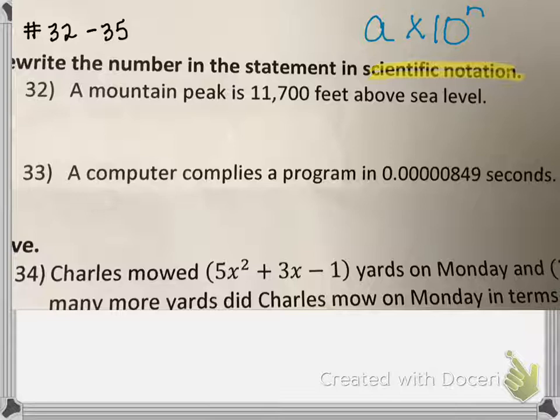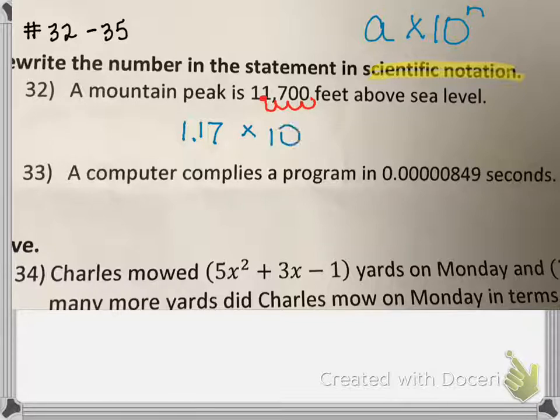So what we'll do is take the number we're given, 11,700, and right now the decimal point's at the end, and we're going to move it until there's one digit to the left of our decimal point. So we'll move it once, twice, 3 times, 4 times, and that's where our decimal point will end up, because we will have 1.17, so 1 digit to the left of our decimal point here,